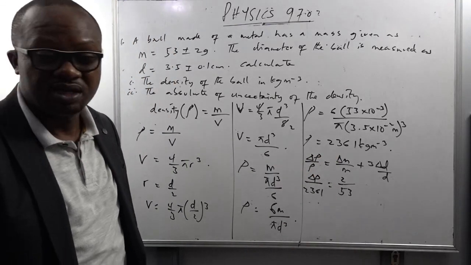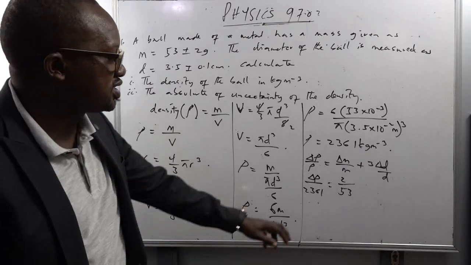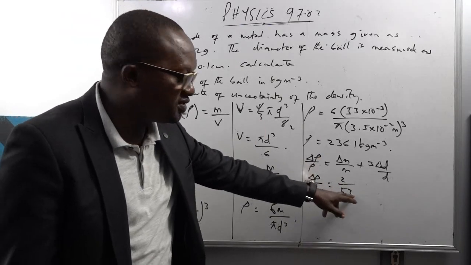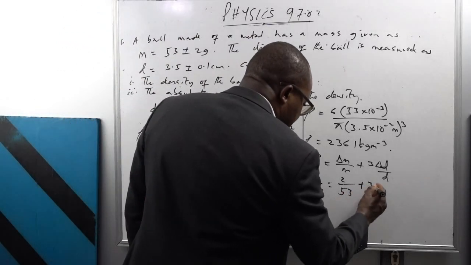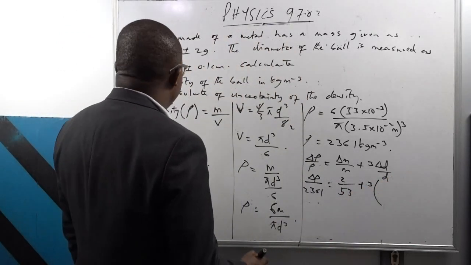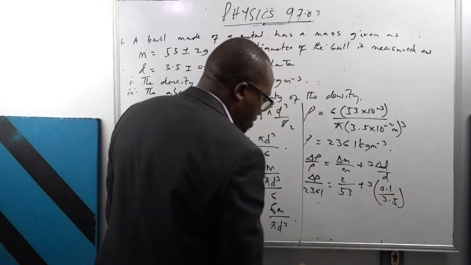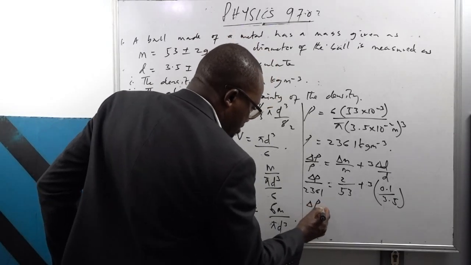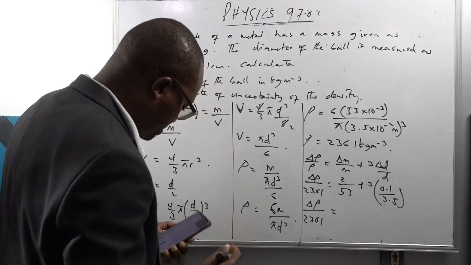What does this mean? When you are calculating for the fractional uncertainty, you don't need to convert it to standard unit. Because both of them have the same unit. So unit will cancel out. Plus 3 times the fractional uncertainty of diameter, that is 0.1 over 3.5. So if you do this with your calculator, the fractional uncertainty of density becomes,